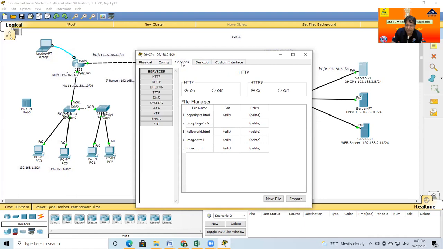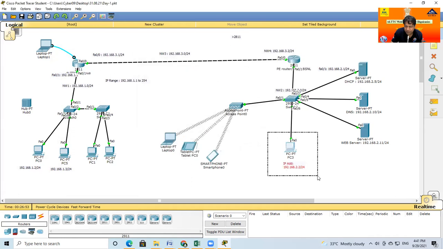If I click here on services, you find these types, all are featured with HTTPS. Because these are all software, developed by a private organization, an IT company. So why is the server icon showing different here? Because a normal computer has no software, but this one has software. Okay, so I have simply provided you the Packet Tracer software. How to install? Simply download, click on the setup button, next, and finally finish. So all software, either normal software or big software, you can install in the same manner.